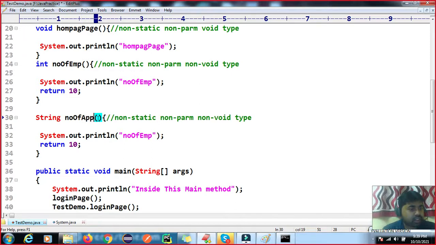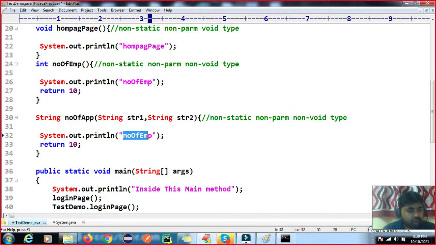Now I'm passing a string str1 and a string str2. So this is your number of app. What value will you return? A string type, right? So here you return any string value, like I'm just writing 3.